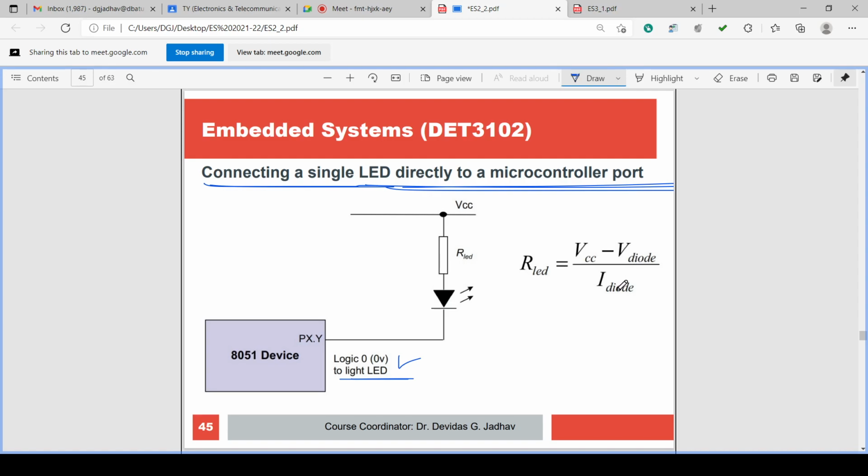If it is silicon, it is 0.7, 0.6. So VCC minus 0.7 divided by I diode, whatever the current required for the diode. Suppose VCC is 5 volt, then it is 4.5 volt, so to this 4.5 volt we can have a current such that